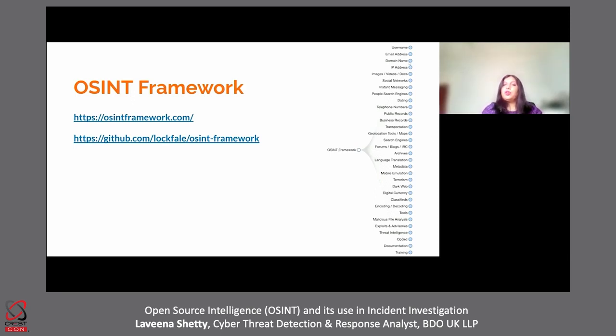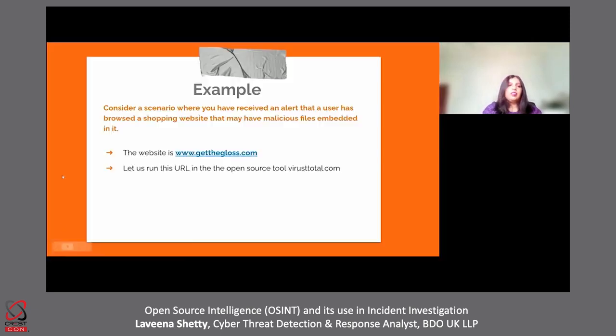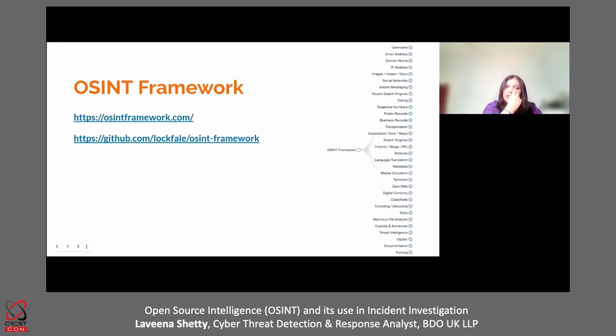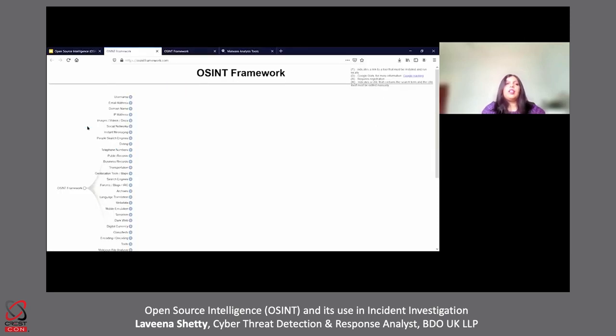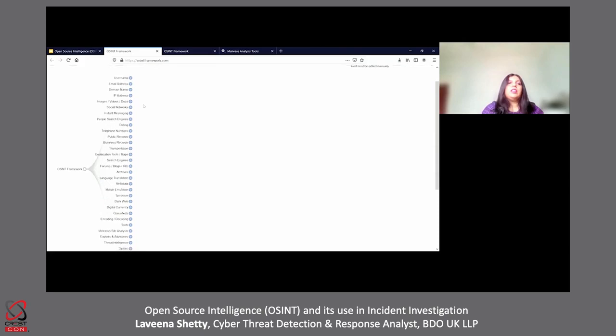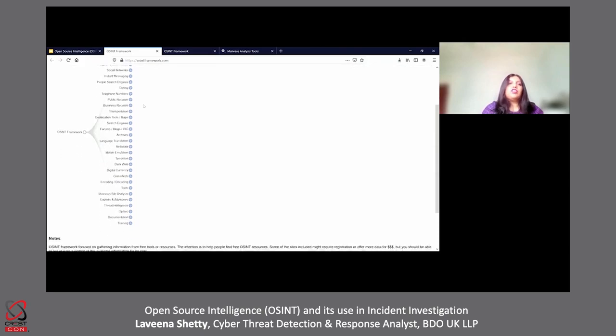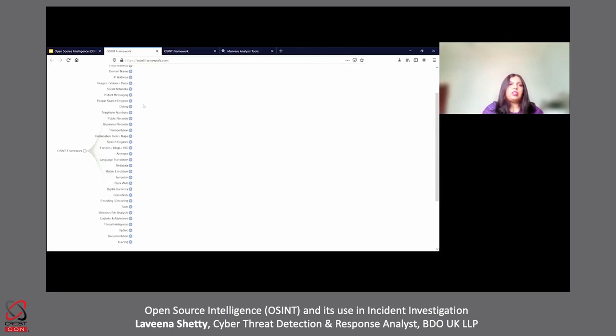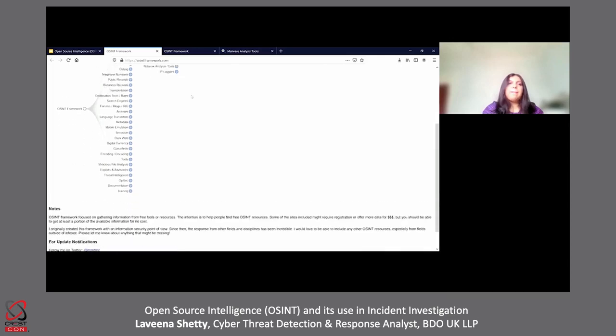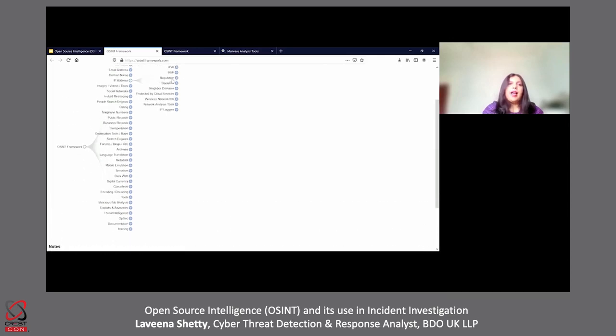Here, I wanted to do a demo on how this OSINT framework works. I want to check an IP address. I want to go to the previous slide here and click OSINT framework. And I want to basically check the reputation of an IP address. So here, if I click IP address, and if I click reputation and click IP Void